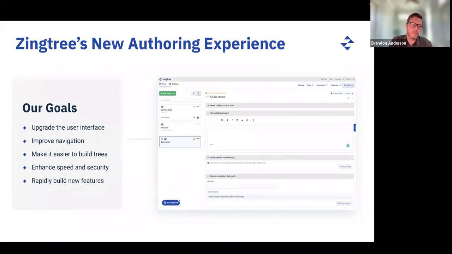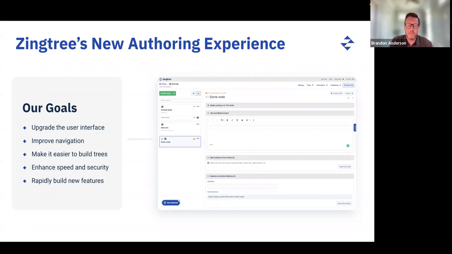Within Zingtree, we have a large group of people, engineers, product managers, user experience professionals, security pros, who all come together in harmony to bring a great experience out to our customers. And we recognize that our software in a number of ways needs updating.